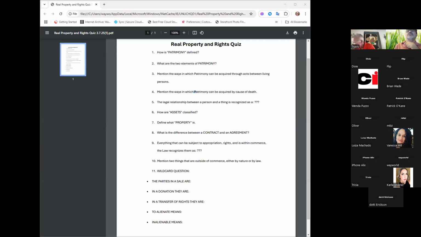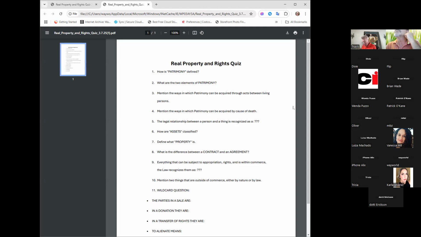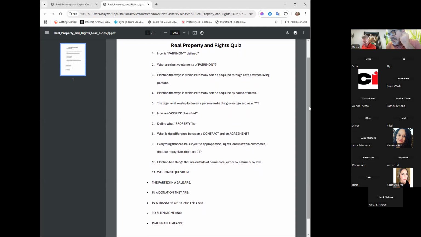For example, tell me if I'm correct. If my parents pass away, then I have a right to their assets because I'm their daughter.